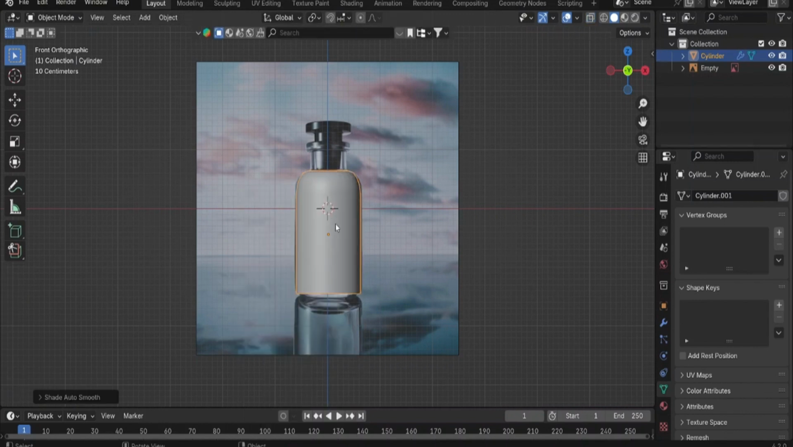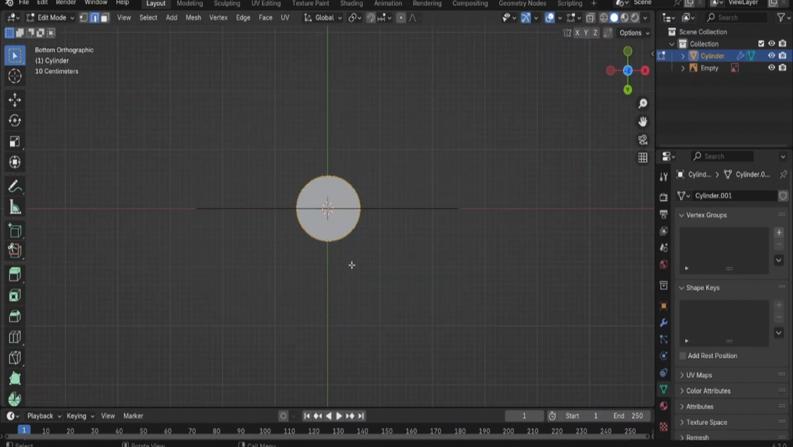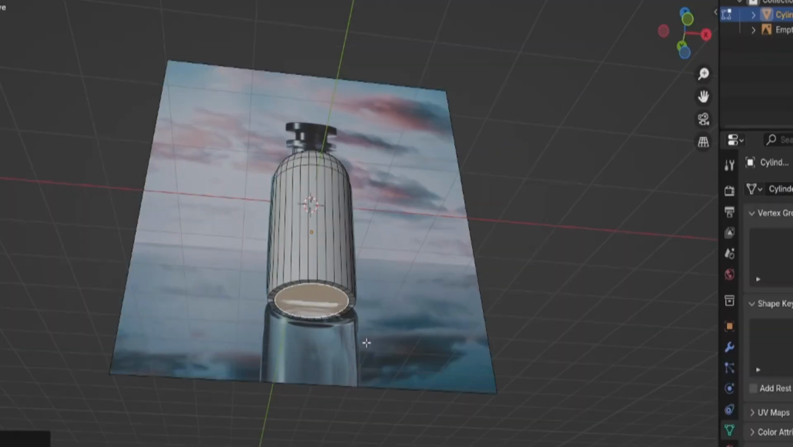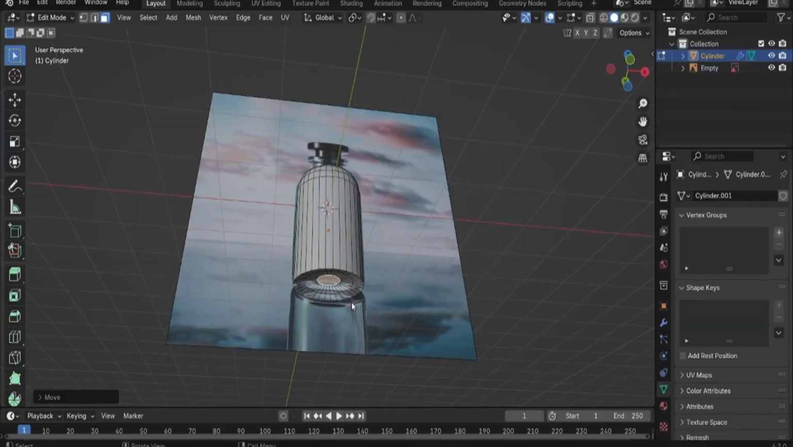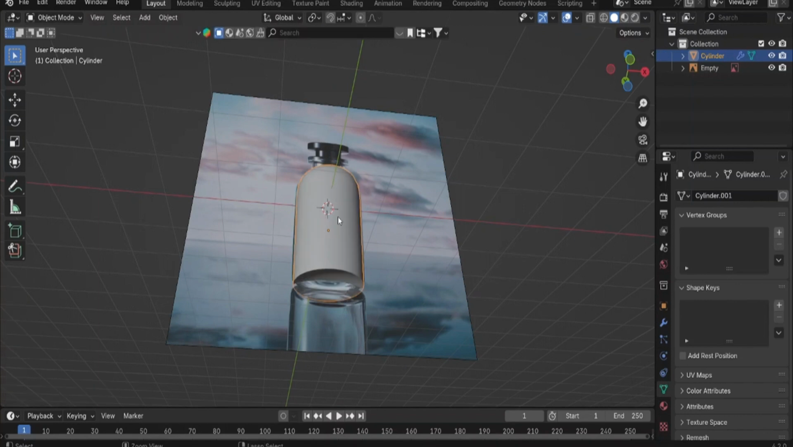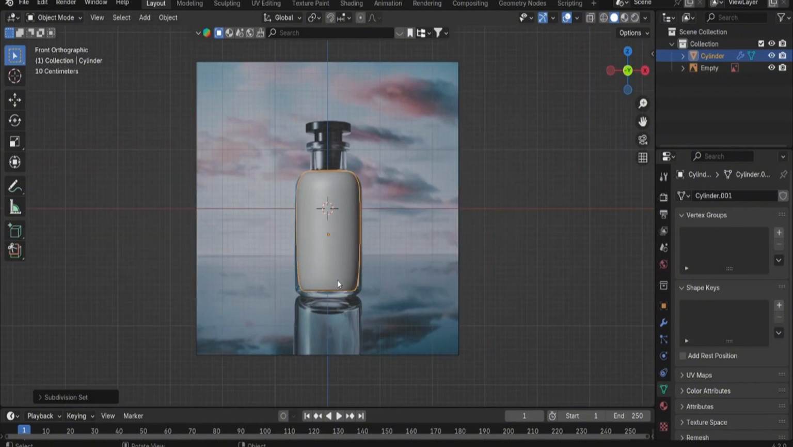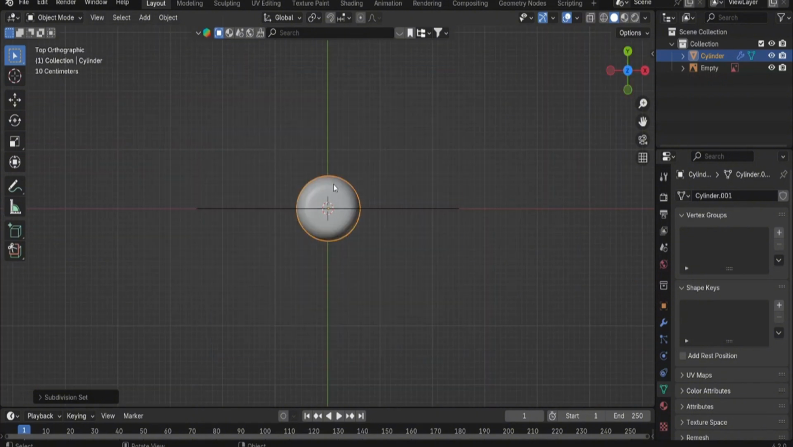Press tab to go back to object mode. Right click and shade smooth, auto smooth. Press Ctrl 7 on your keyboard. I to insert faces, I to insert again, S to scale until it fits the shape of the bottle, Control 2 to add a subdivision modifier,